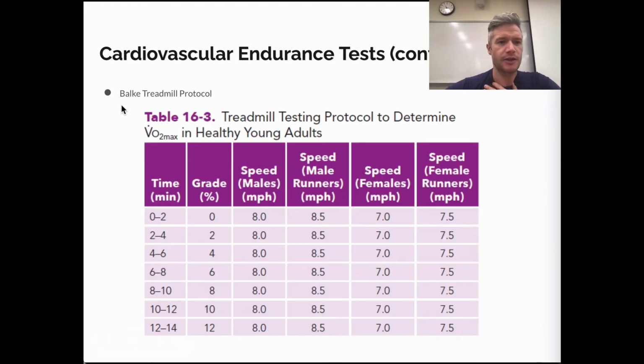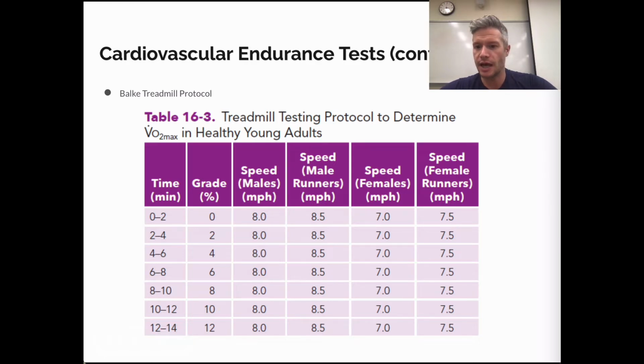So if we look at the Balke treadmill protocol test, we can see here both gradient and time allotment continue to increase, and our speed stays fixed. So with that fixed speed, again, as the gradient increases, it becomes more and more challenging. We go all the way up to 14%. And here we have females or women running at these gradients as well, but at a slower speed, so 7 miles per hour,